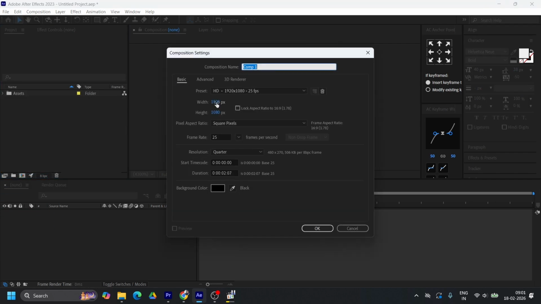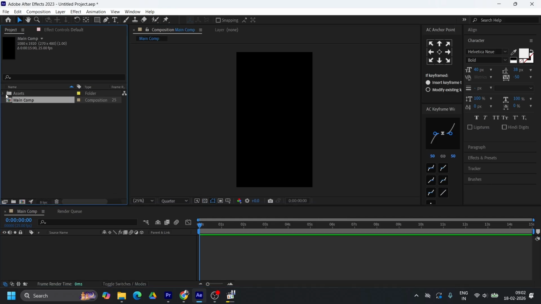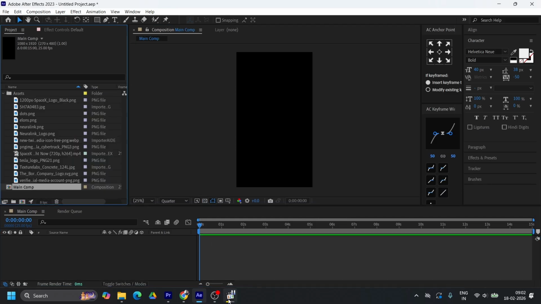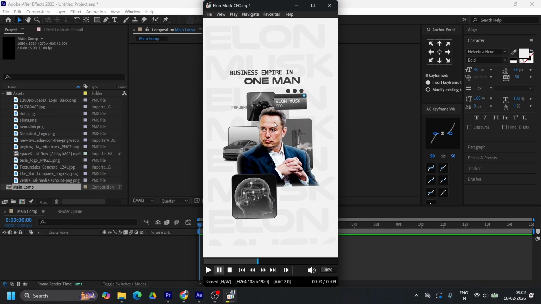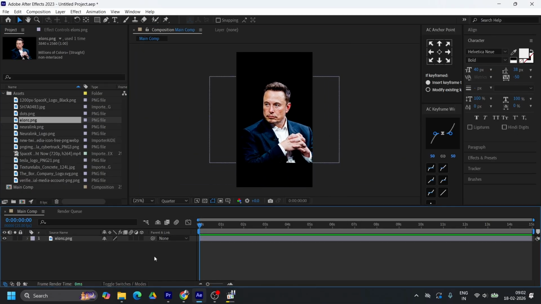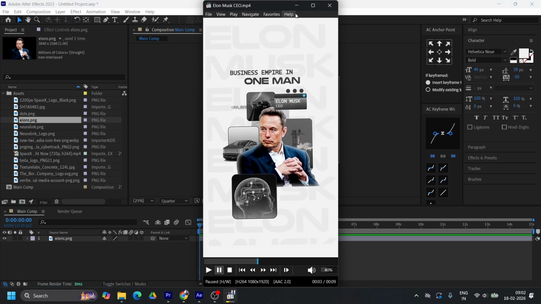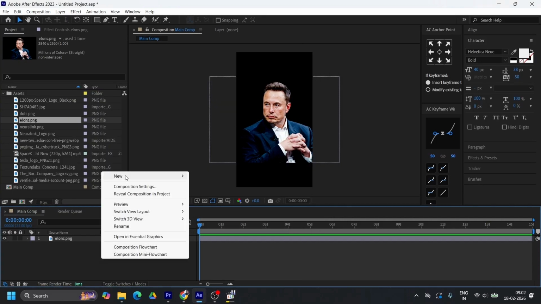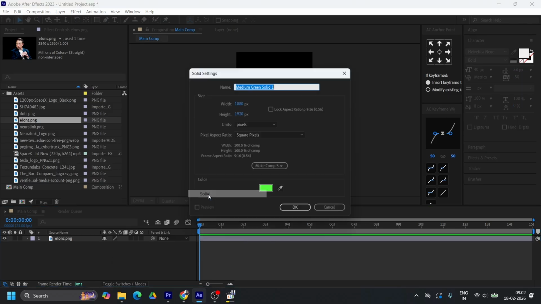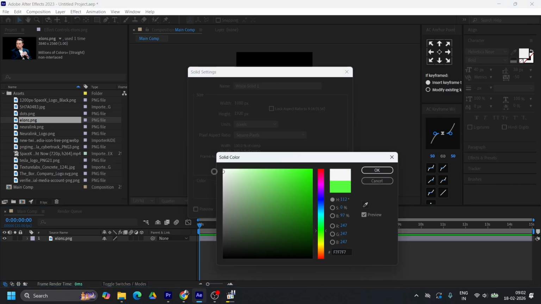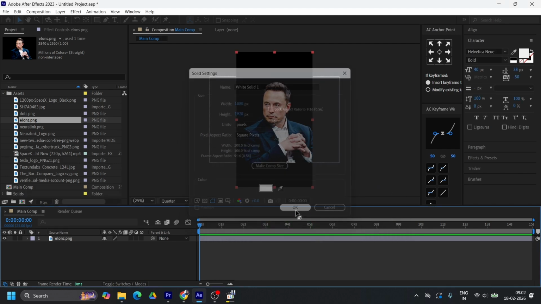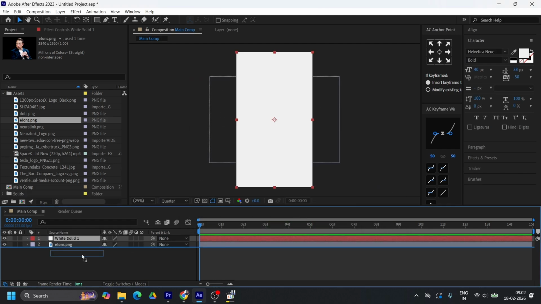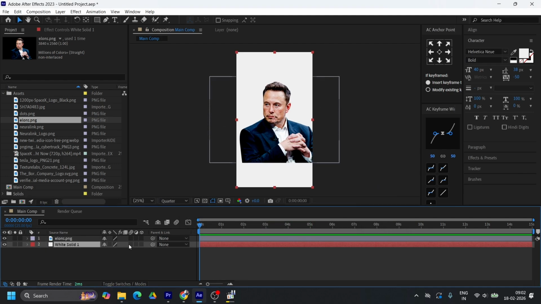Create a composition. Now go to assets. First, we will bring our main subject, which is Elon Musk, and I will take a solid, which is white, maybe a little bit off-white. Let's bring it down, and